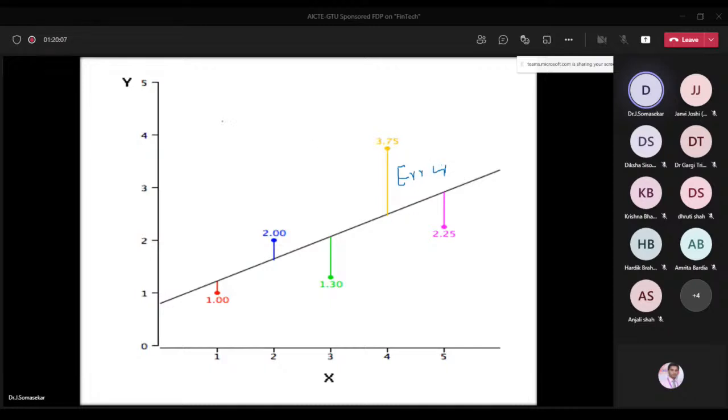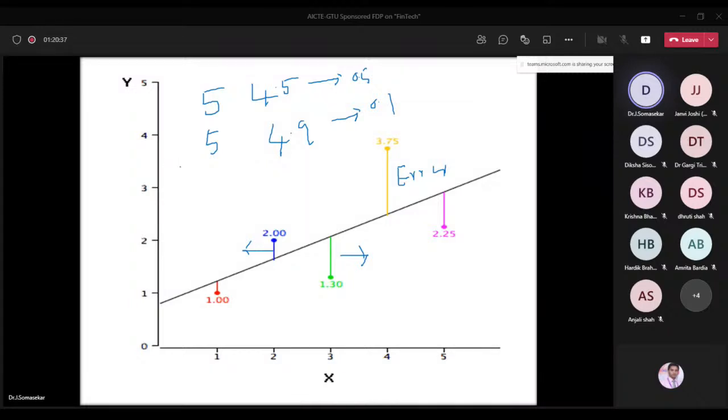This is called error. What does it mean? The actual data point is 5, the estimated data point is 4.5. What is the error, or residue? 0.5. That is the meaning here. So this difference is the residue. Always make sure that this residue is minimum. Suppose for 5 and 4.5, 0.5 is the error. Is it possible to make it 5 and 4.9? If we take that, what is the residue? 0.1. 4.9 is very close to 5. That's why we can say this is the best fit regression line.